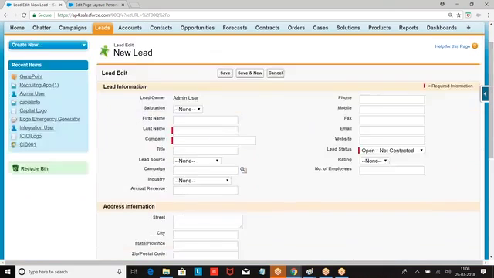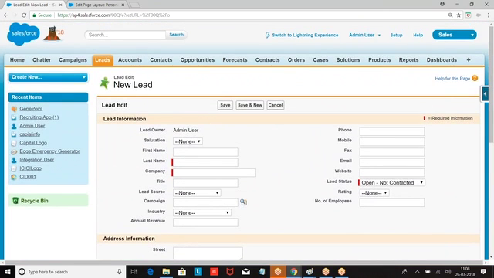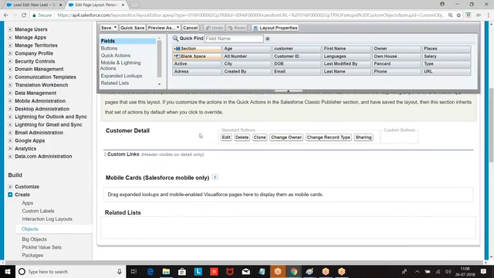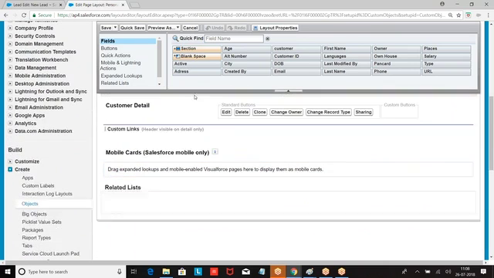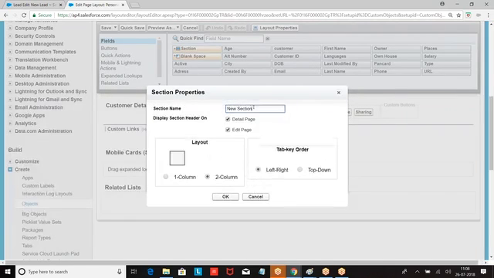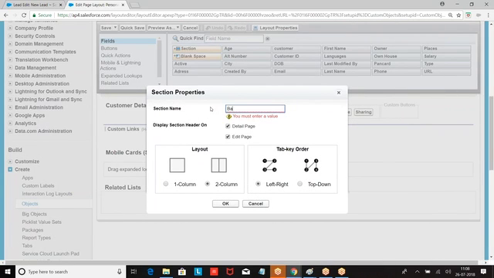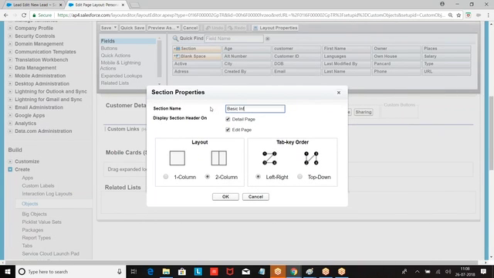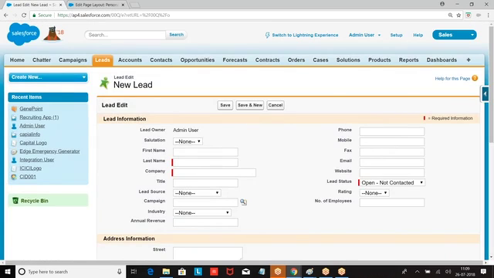What are all these things called? Sections. Now here also you want to create a section. Drag and drop the section. Basic information. Write it.